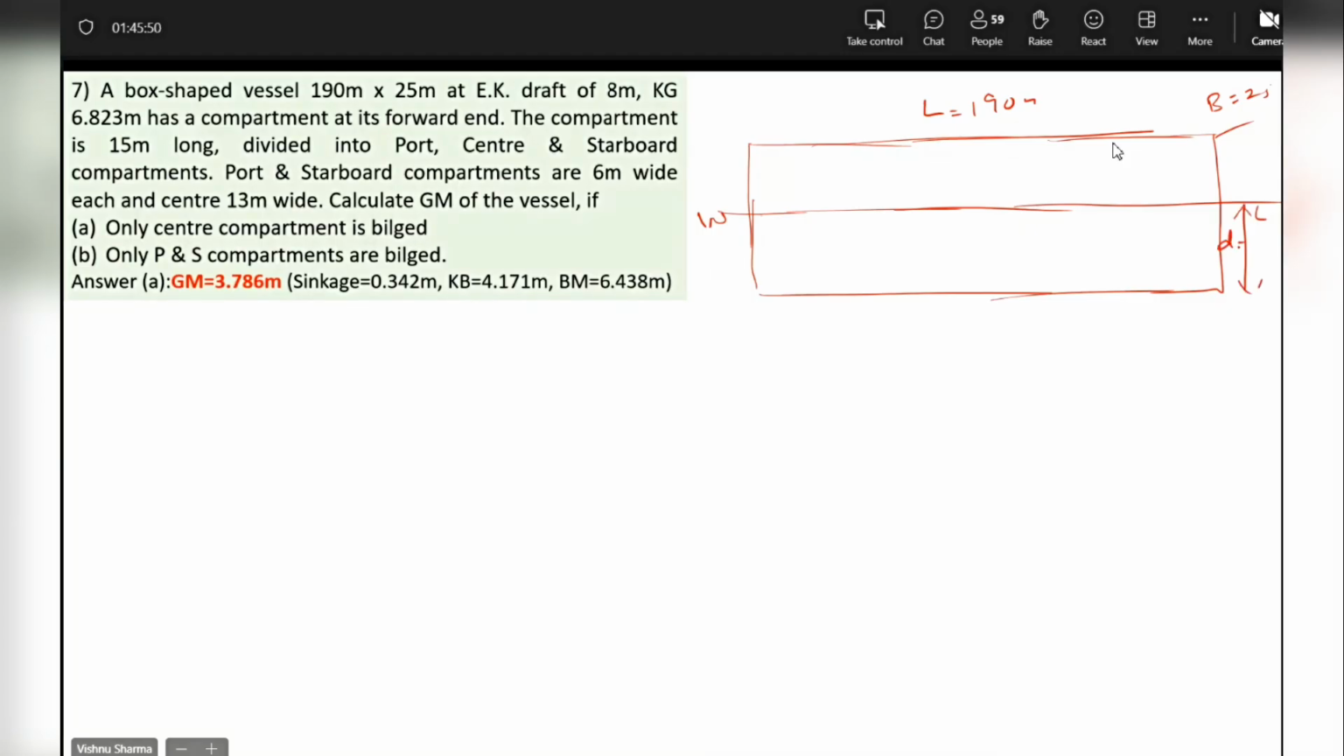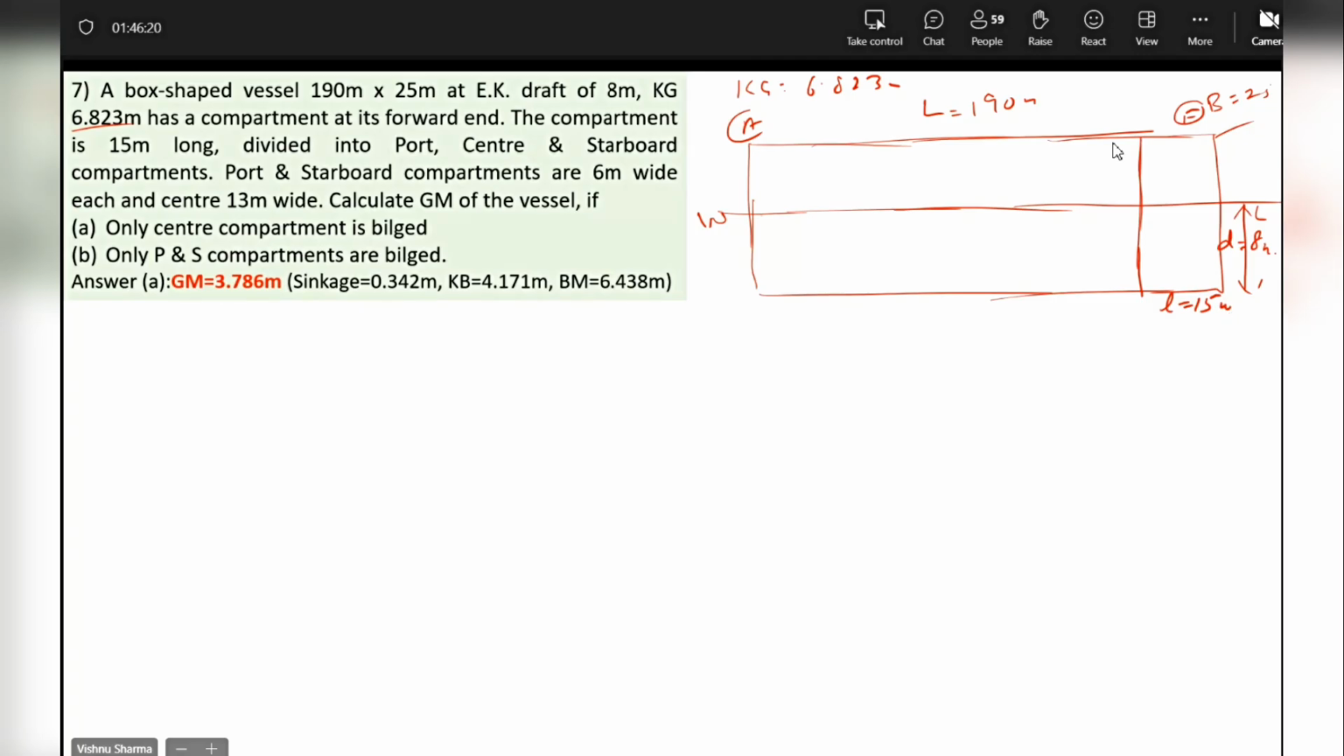Same notations, we stick to the same notations time and again. KG 8.6. It has a compartment at its forward end. So let's say this is the forward end, suppose this is the aft end. So there is a compartment at the forward end, okay? It can be somewhere in between also, need not be right at the end, okay? Which is 15 meters long